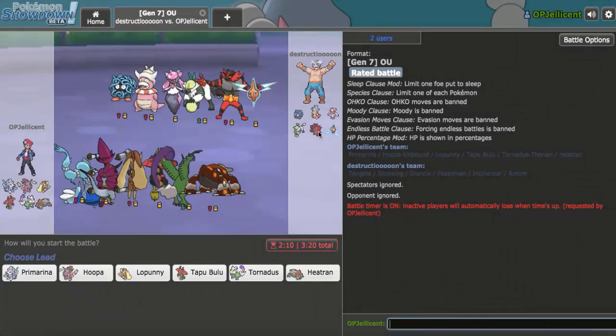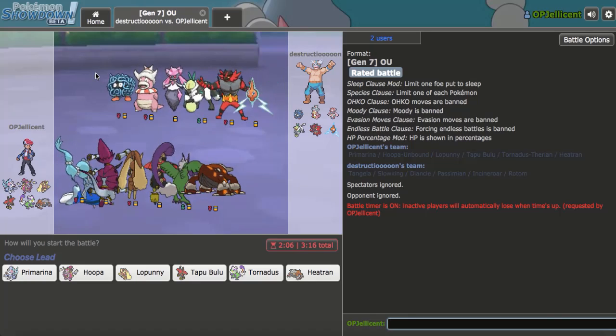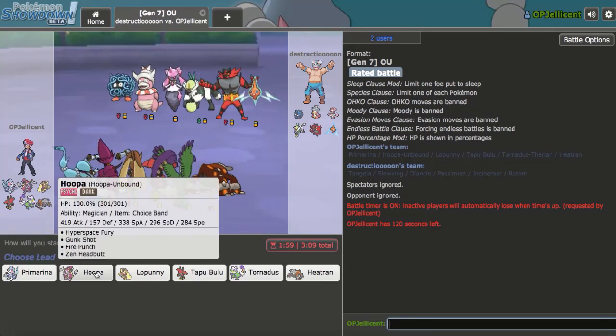Alright, so my next opponent here loaded up an RU squad in OU. I think this is RU. I don't think he... I mean, UU's definitely like the whole Latias, Mega Manectric stuff, so this looks like RU. Very weak to Mega Lopunny. Honestly, I don't know why my opponent's doing this, but...